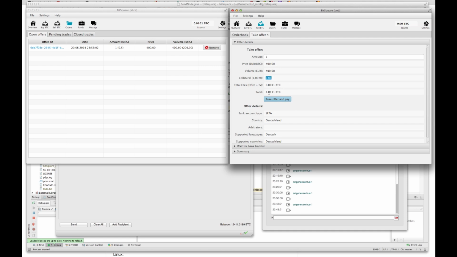And as well, the fees: the take offer fee and the Bitcoin network fee. In total we see he has to pay 1.0111 Bitcoin, and the 1 is of course because he wants to sell 1 Bitcoin. As soon as he takes the offer, this multi-sig transaction will be created where both traders are paying in their money, and the money is then locked until Bob later receives the fiat, and then the money